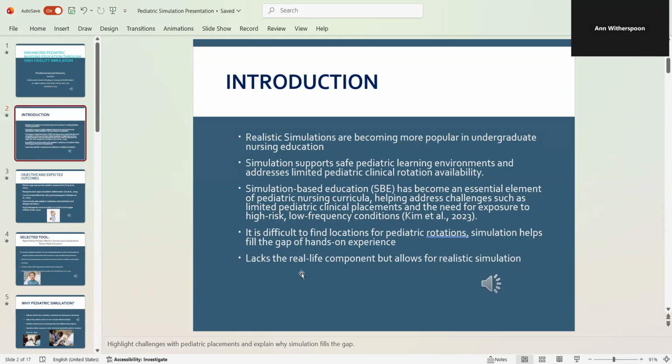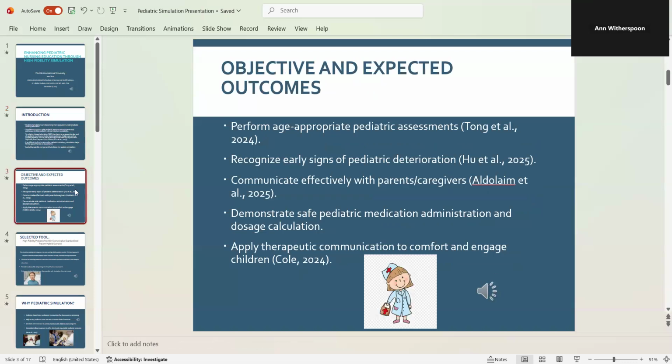Simulation does lack that real life component of dealing with actual patients, but it is better than just reading from a book. So it is kind of that hybrid balance that we have between the real life and learning from our textbooks. So the objectives that we have when we're using a high tech simulator are that our students are